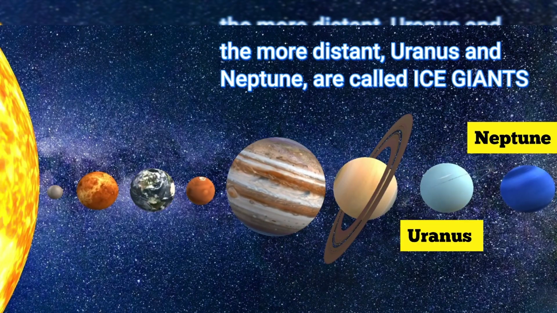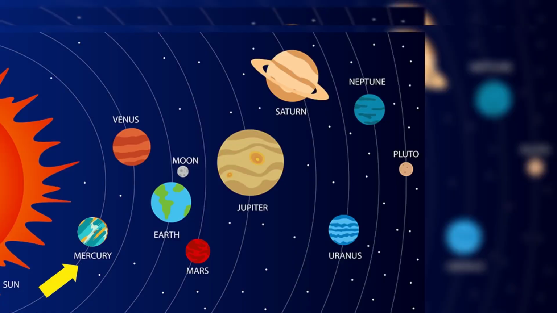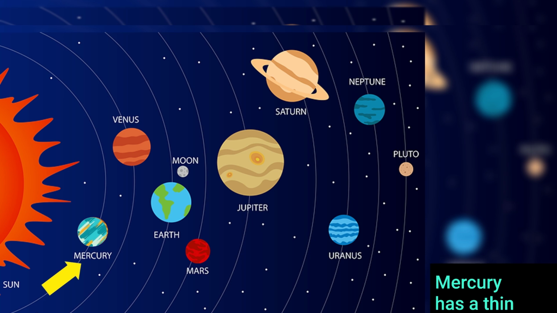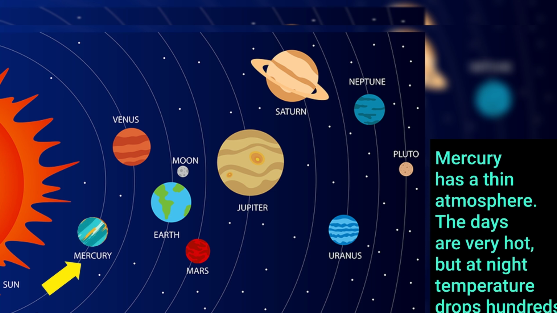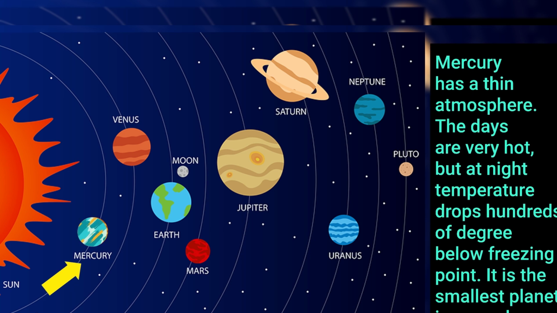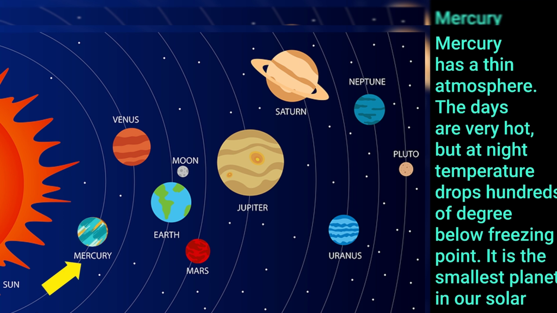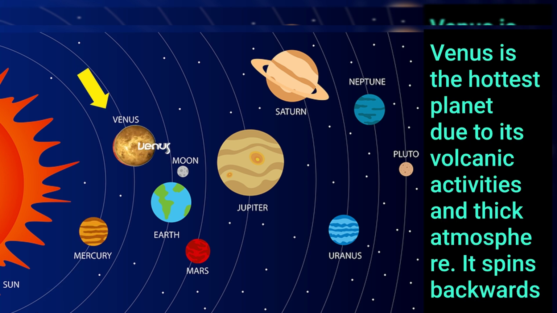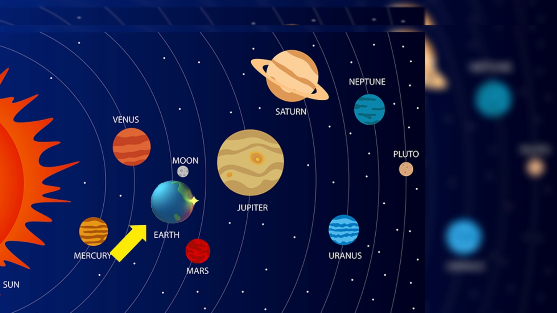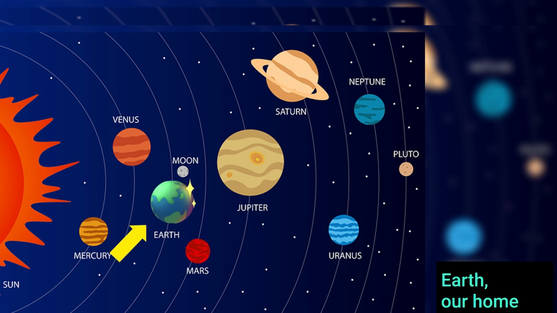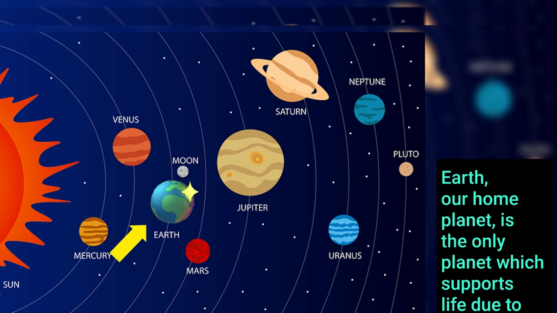are called ice giants. Mercury has a thin atmosphere. The days are very hot, but at night temperature drops hundreds of degrees below freezing point. It is the smallest planet in our solar system. Venus is the hottest planet due to its volcanic activities and thick atmosphere. It spins backwards. Earth, our home planet, is the only planet which supports life due to its optimum amount of